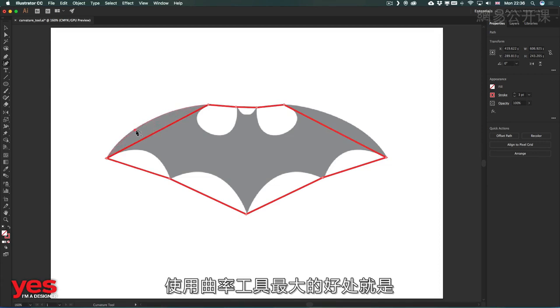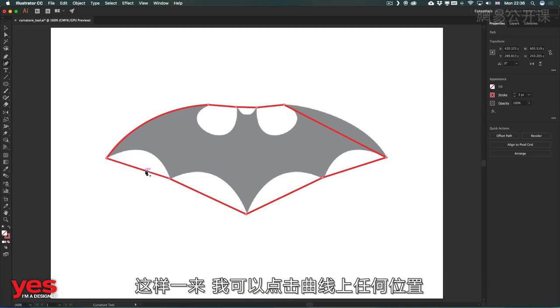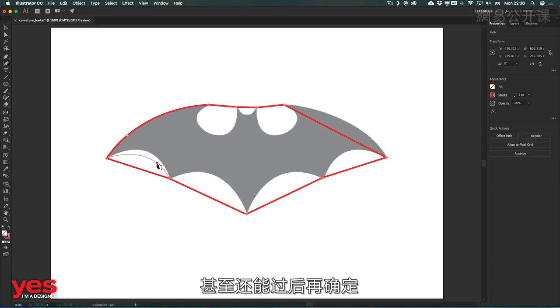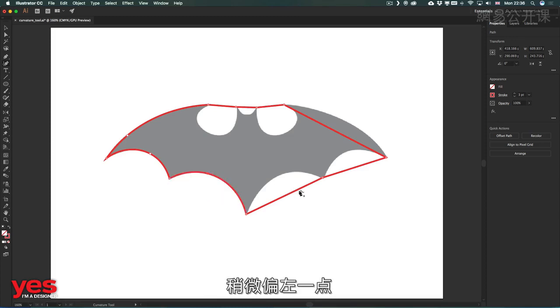And the best thing about using the curvature tool is that we can always decide which point is the closest to what we need. So I can click anywhere on this curve, and even at a later point I can decide where the anchor point actually needs to go. So once again, I could click close to this point here, but then I realized that it actually needs to go more in the center and then slightly to the left. I can do that on the go. So it really teaches us and helps us to define these curves in a much more intuitive way than using